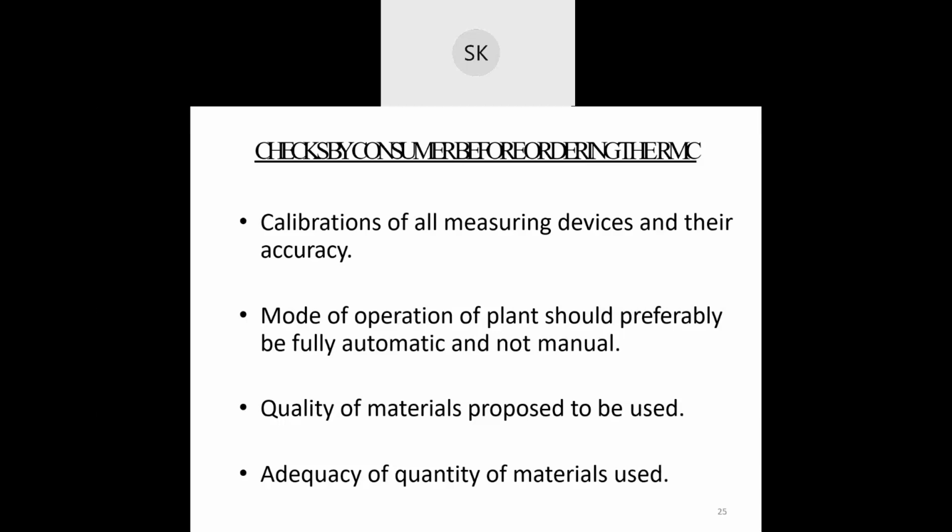So in manual, these small mistakes used to happen. So basically fully automatic plants are good. Quality of materials proposed to be used, you can check. Adequacy of quantity of materials used.